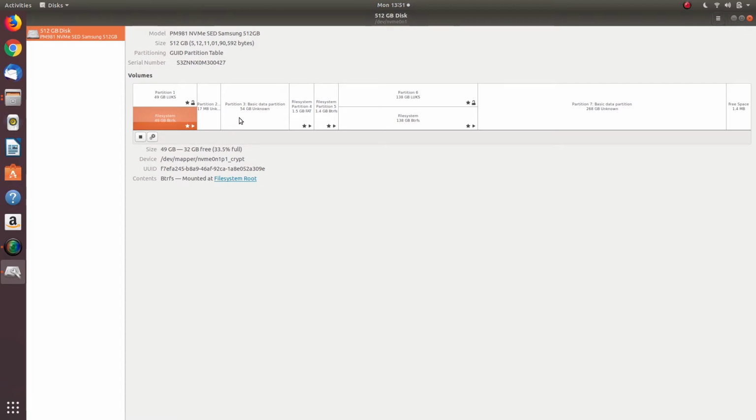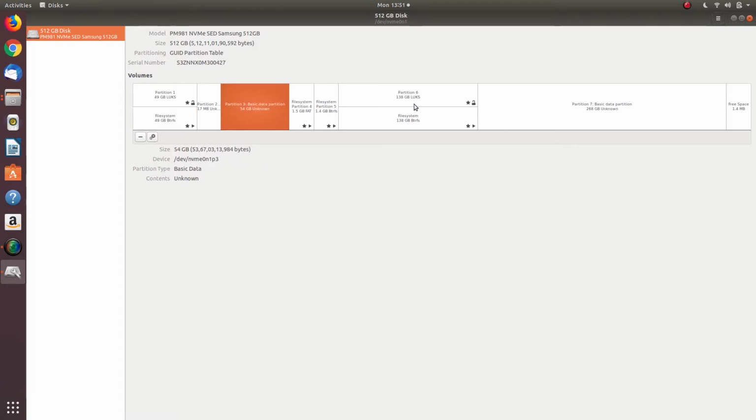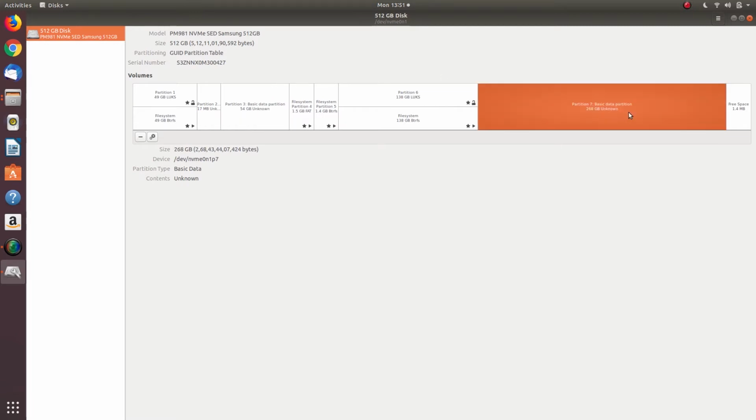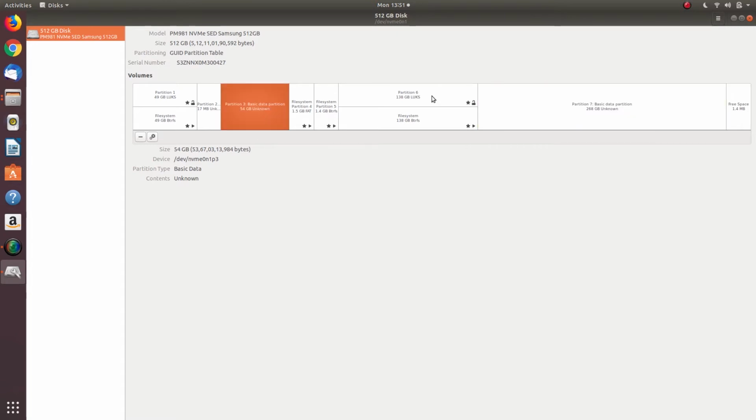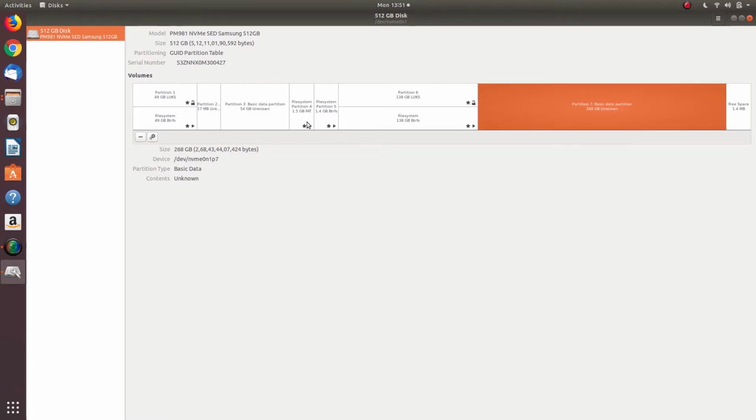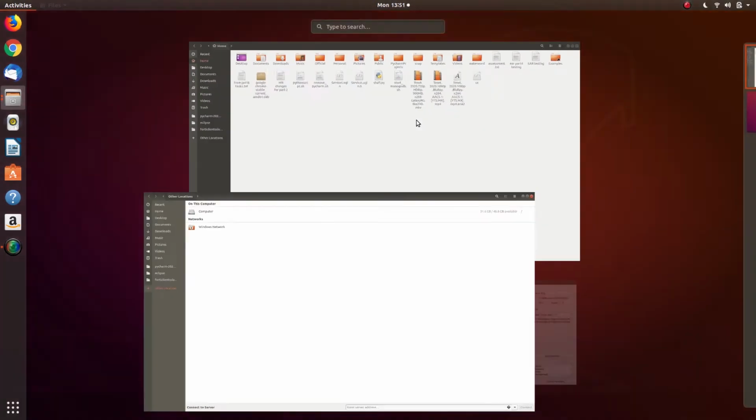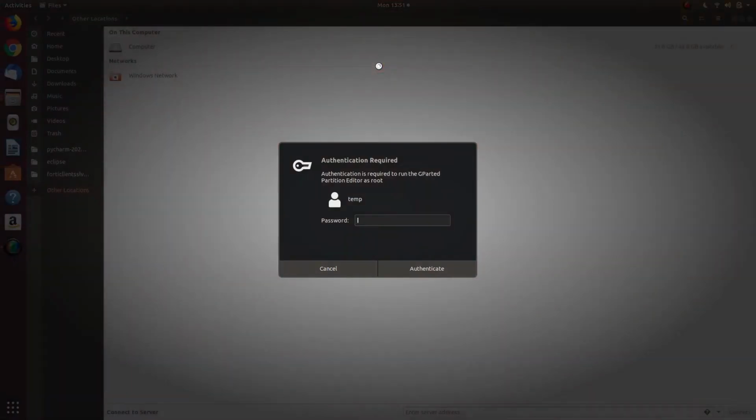Here you can see which systems are the partition 3 and the partition 7. These two partitions are Windows partitions. I have installed the OS in the partition 3 and another secondary drive is the partition 7. So let's see how to mount NTFS drive and access it via Ubuntu.